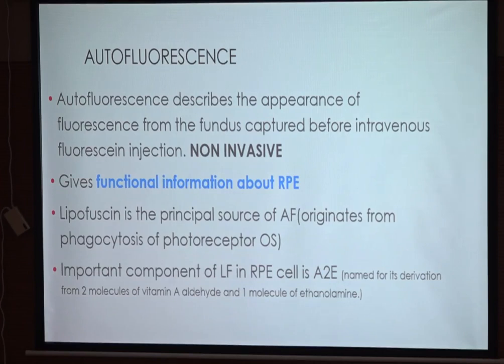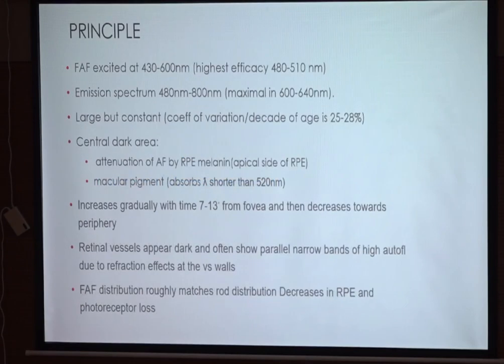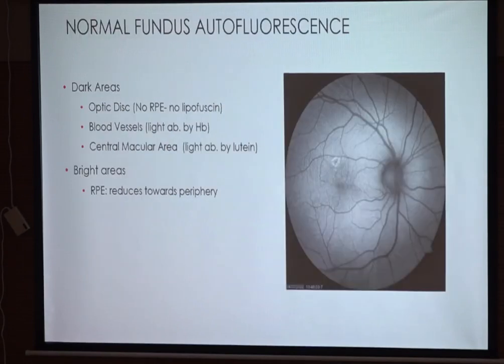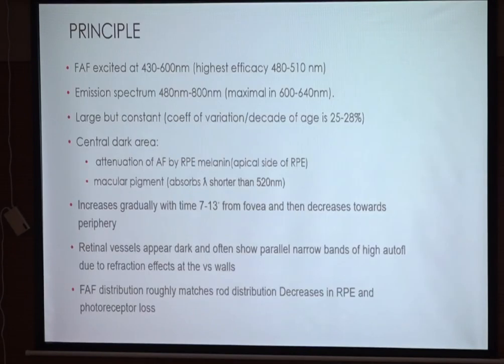The important component of lipofuscin in RPE cells is A2E, which is a combination of vitamin A as well as ethanolamine, which leads to autofluorescence. So this tells you about the health of retinal pigment epithelial cells. You excite, this is the same as FFA. The light it excites is 430 to 600 nanometer, and then what you get back is 480 nanometer